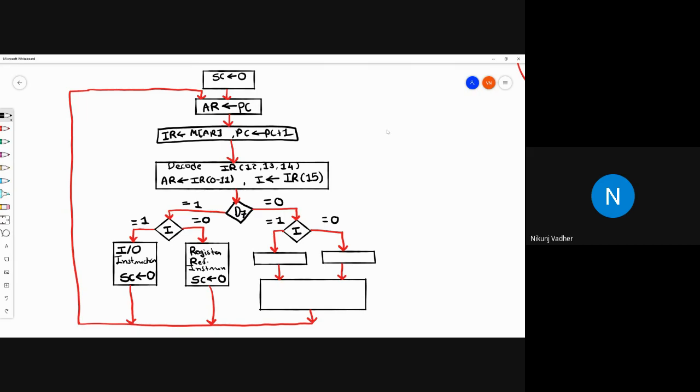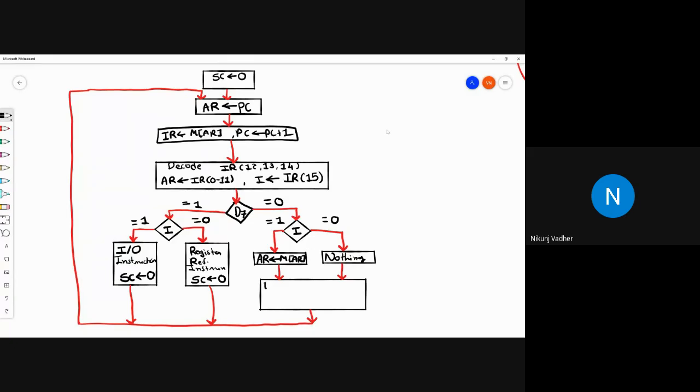Next, if D7 is 0, that means it is a memory reference instruction. And if I equals 1, that means indirect addressing mode. Then we have to retrieve the effective address of the operand, so AR equals M of AR. And if it is 0, that means direct addressing mode, then nothing will be done.